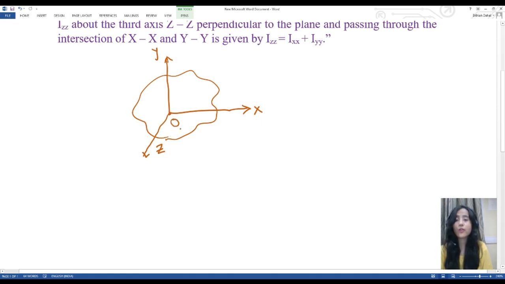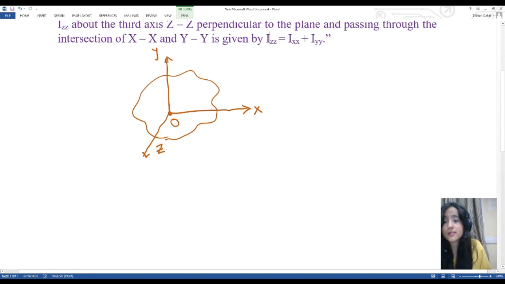Now, what does the statement state? It states that if Ixx and Iyy are the moments of inertia of a plane section about two mutually perpendicular axes, y and x, meeting at this point O, then the moment of inertia about the third axis, which is the z axis,